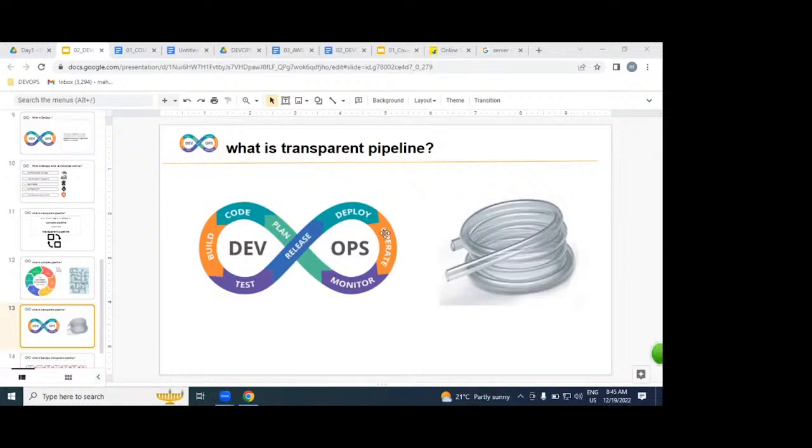What exactly are we going to be doing, guys? We are going to be replacing what? A complex pipeline with a transparent pipeline. Why are we calling DEVOPS a transparent pipeline? Because it is transparent and automatic. In the middle, if you get any issue, any problem, easily we can identify, easily we can resolve. But how does the actual DEVOPS process look like?